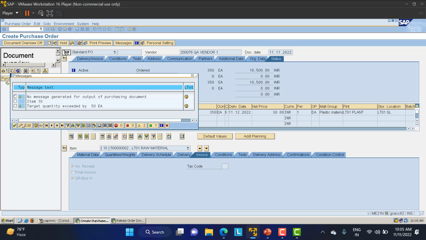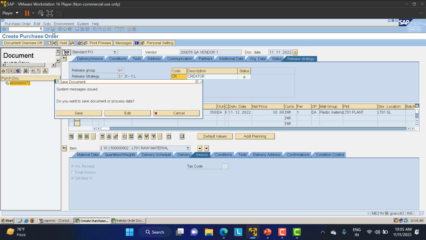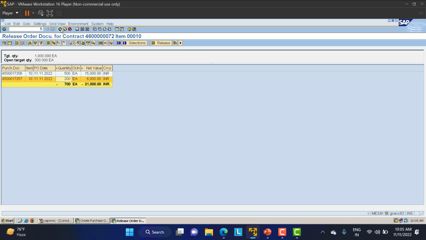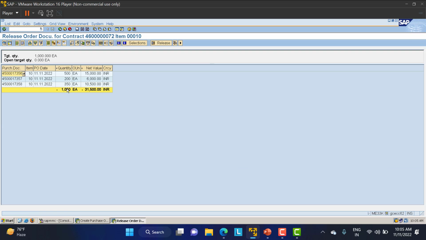Check the PO. And here it is saying again target quantity exceed by 50 quantity. It is okay for us. Just save this. Okay, I have created one more PO, but 50 quantities is exceeding now. I'll just go here to see the contract. Just go back, select this line item and come again. See here, the total orders what I have done is 1050, and here you can see open target quantity is